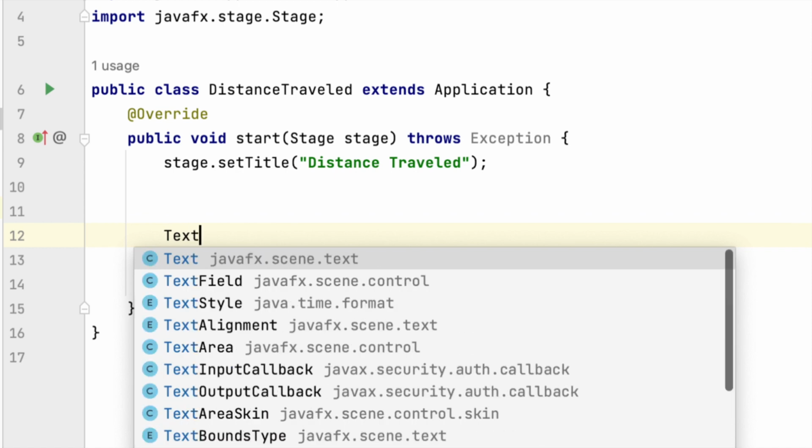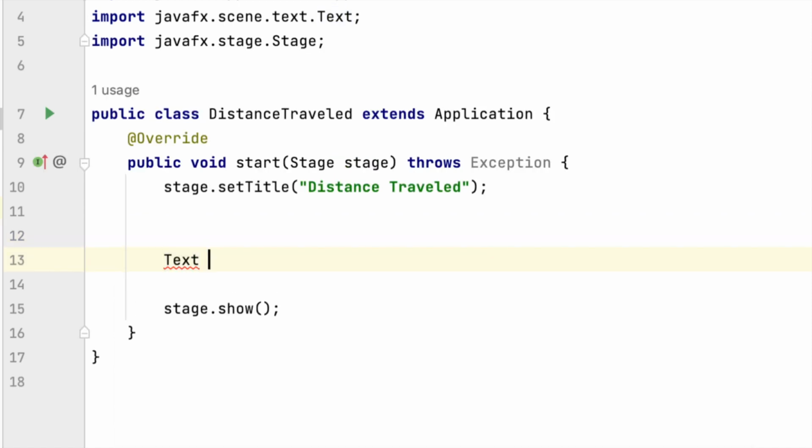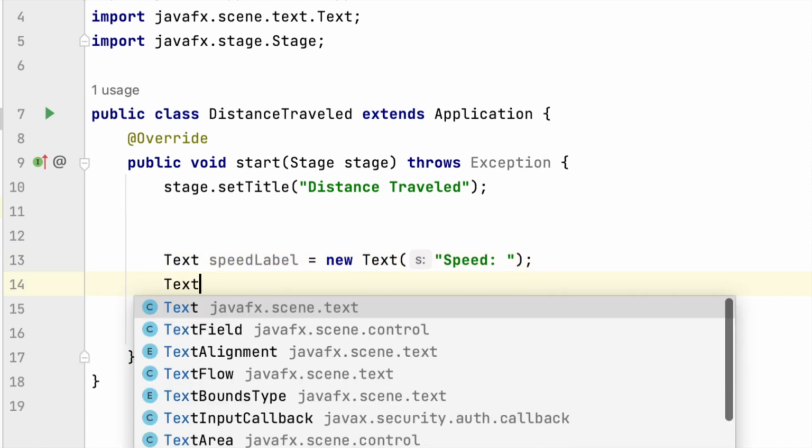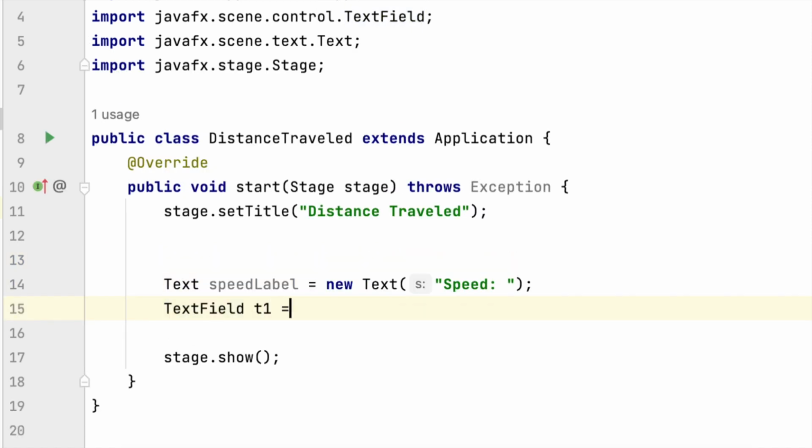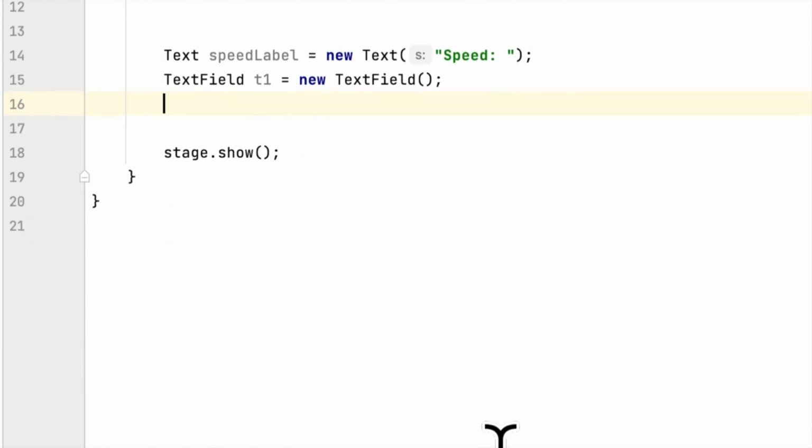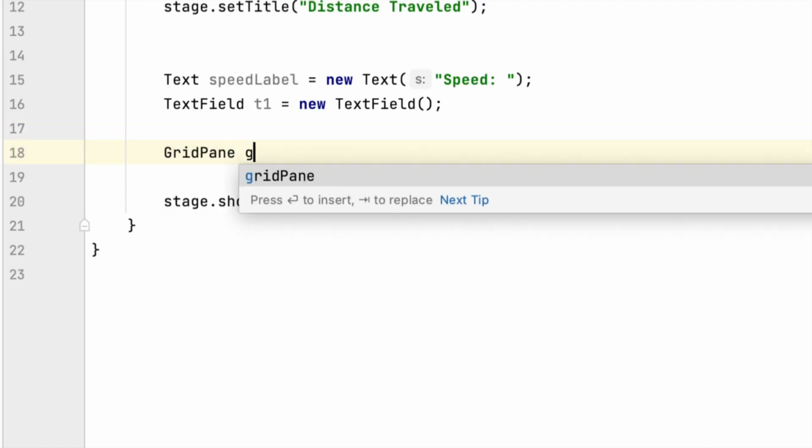The first thing would be to create a label, speed label. Say speed, text field T1. After that, we will create a grid pane, GB,